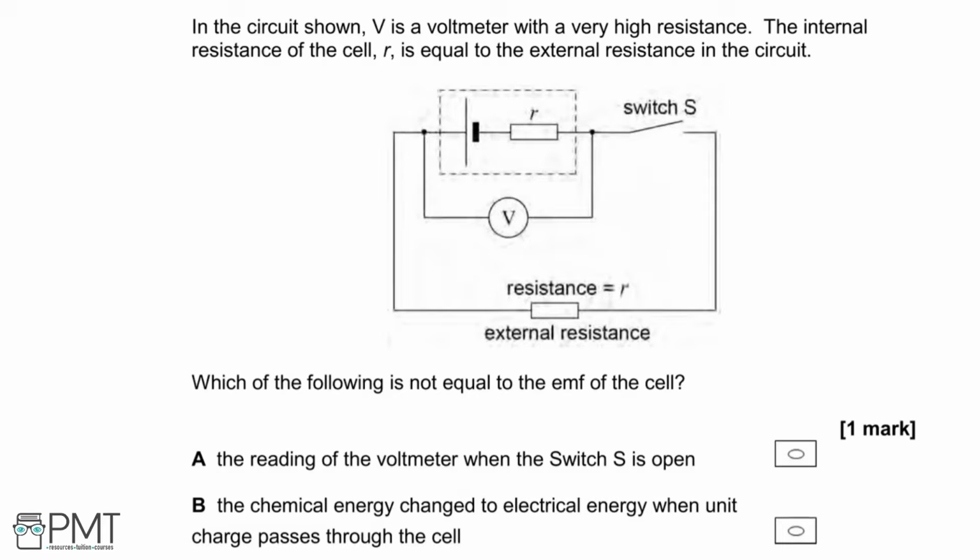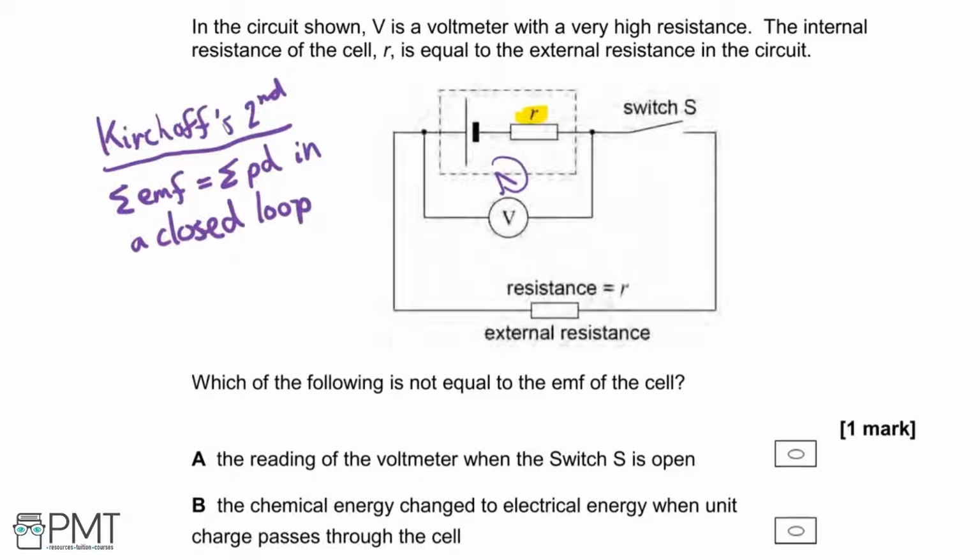So what you'll notice with this part is that actually there is no current flowing through the main part of the circuit, which means that there's no potential difference across the resistor. The PD across the internal resistance is 0, so this one up here. Now what that then means is within this closed loop, just up here, there are only 2 significant voltages, and that's the voltmeter and the EMF of the cell. So actually those would have to be equal according to Kirchhoff's second law. So where that EMF would be equal to the reading on the voltmeter when the switch is open, A would